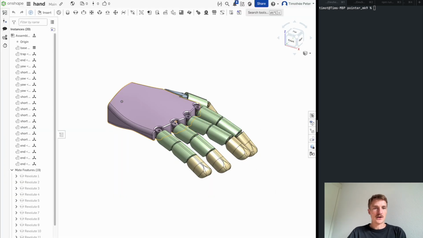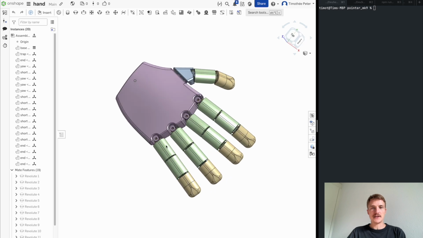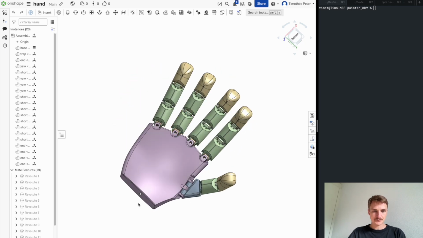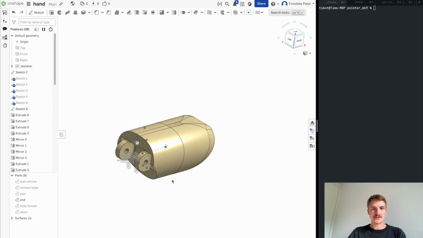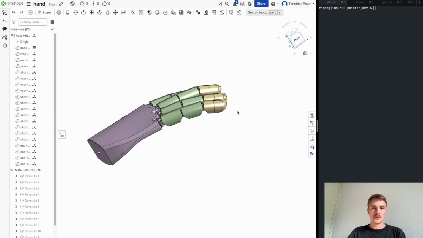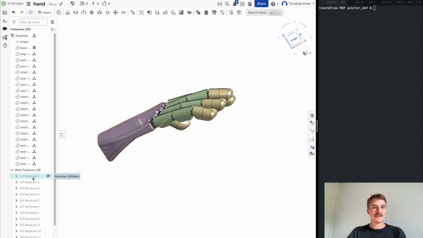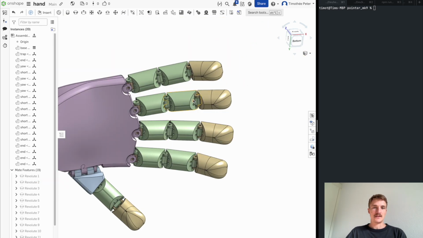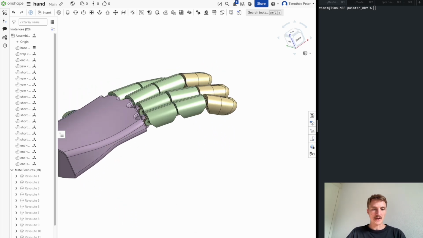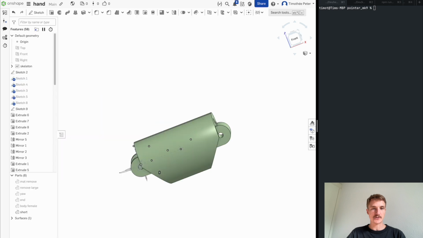And so if we look at an assembly here, looking at this hand, you can see that I'm designing all the sections of the finger, for example, in this file. The way we say where each one of those parts is going to go is that we basically set constraints between parts of the geometry of the finger. And this is extremely intuitive to use, but it's actually not that powerful,